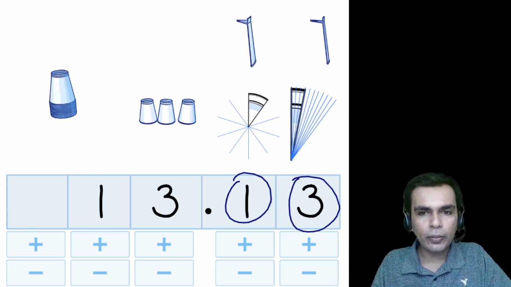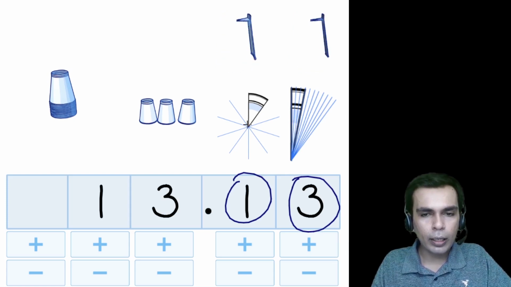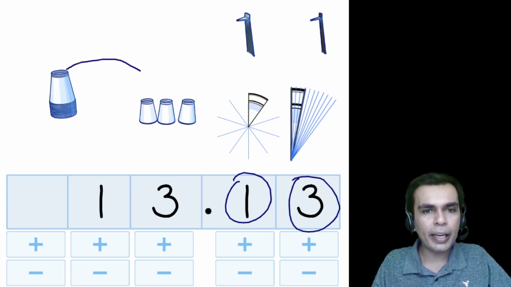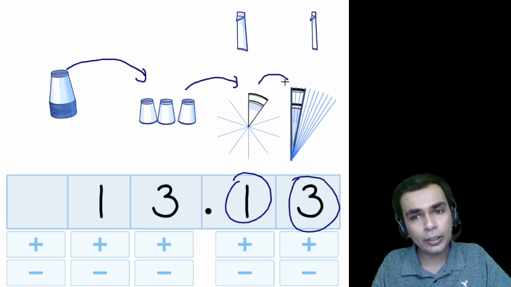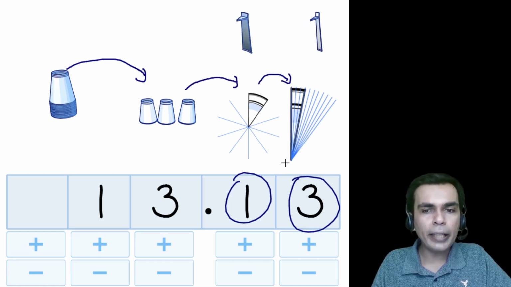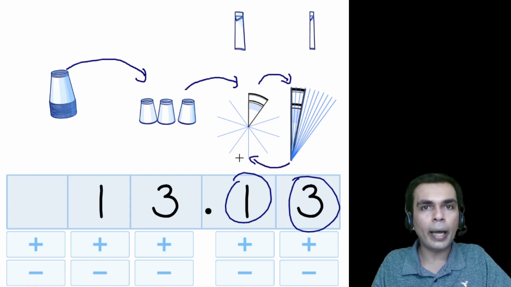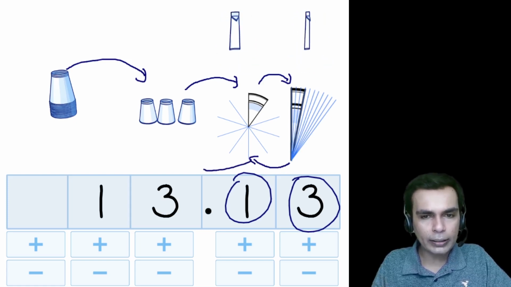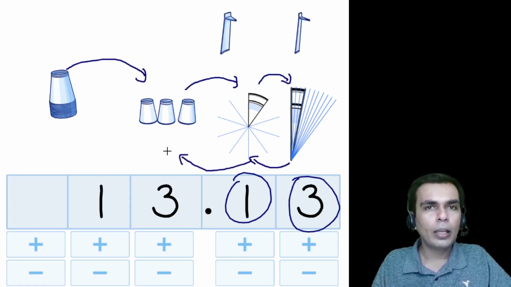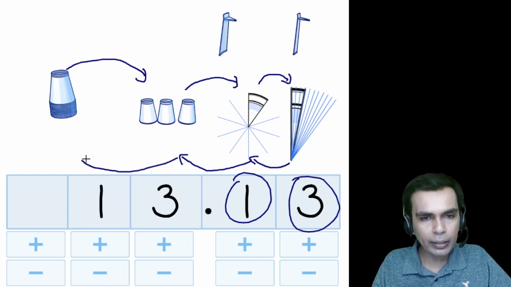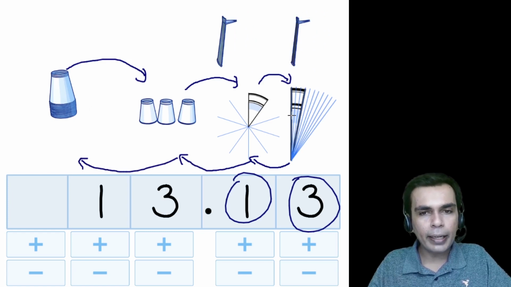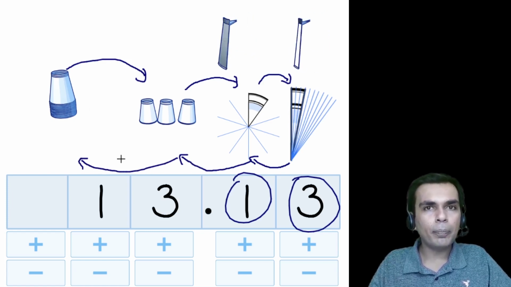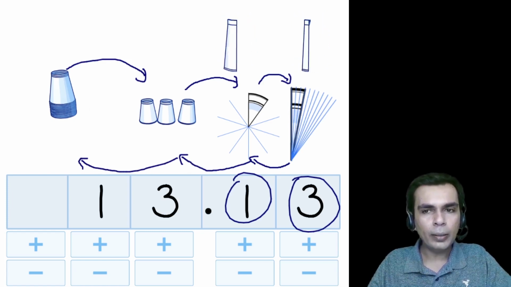So also observe that if I have this, if I break it into 10 parts, it becomes this. If I break this into 10 parts, it becomes this. If I break this into 10 parts, it becomes this. If I put 10 of these hundredths together, I get 1/10. If I put 10 of these tenths together, I get one cup. If I put 10 of the cups together, 10 ones, I get 10. So this is like dividing, and this way you keep multiplying or putting 10 times of it together.